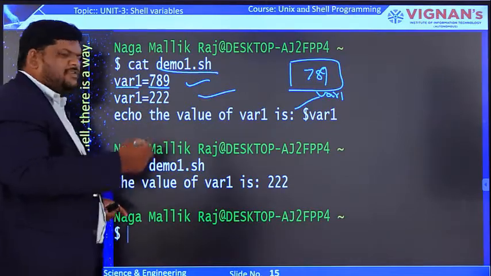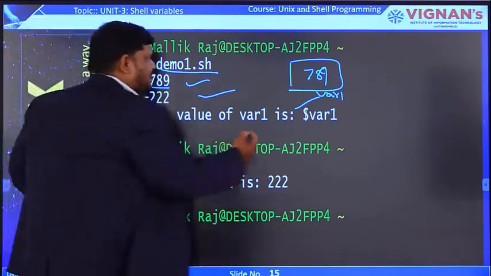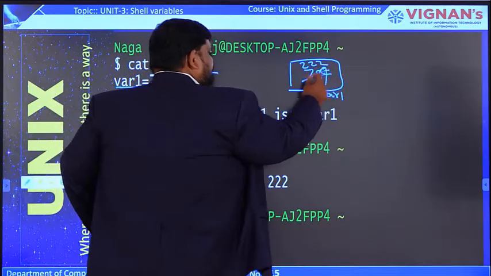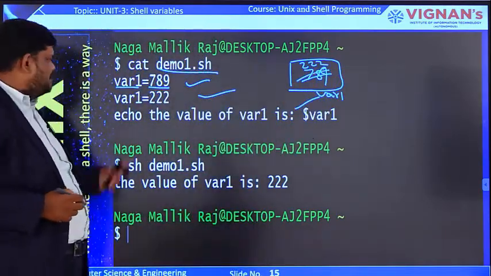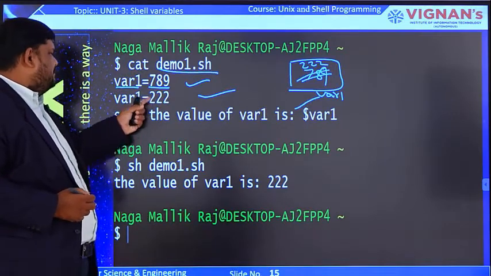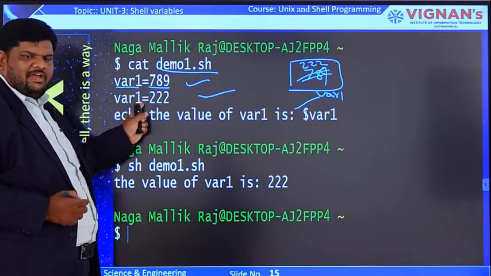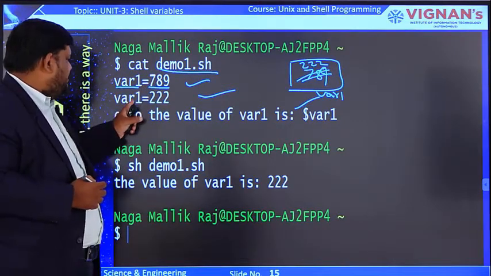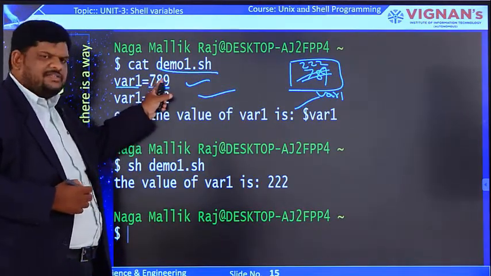That means it will be overwritten with the new value. Now var1 contains 222, not 789, because we are assigning a new value to this existing variable, so the old value is overwritten.